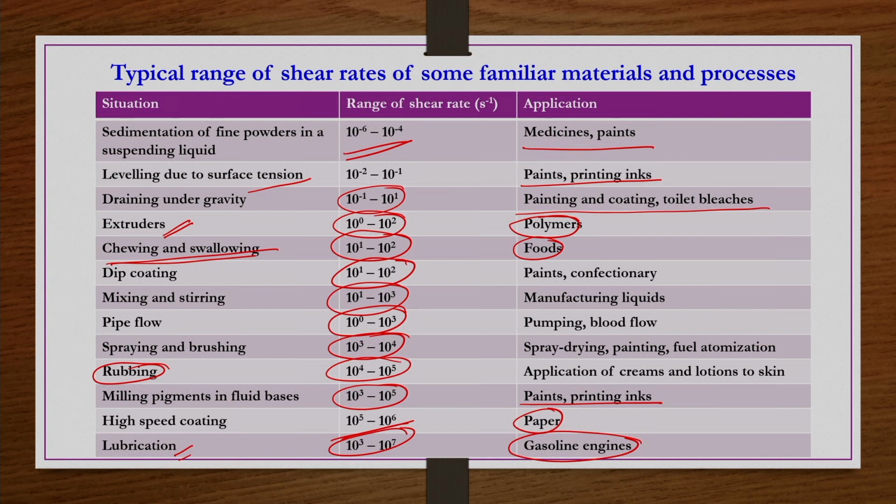So now we see that depending on the application and the situation, the shear rate changes. Let us say you have taken pipe flow, and the shear rate is in this range. The material is non-Newtonian, but under this range of shear rate, you have to see how important the non-Newtonian effect is. If it is less, then you do not need to worry. If it is more, then we have to consider the non-Newtonian behavior in the design equations.